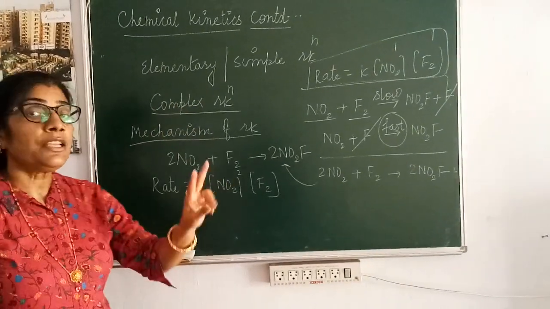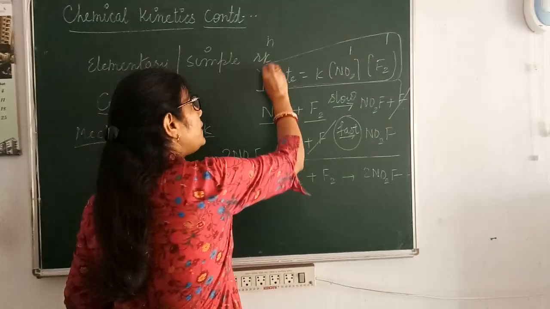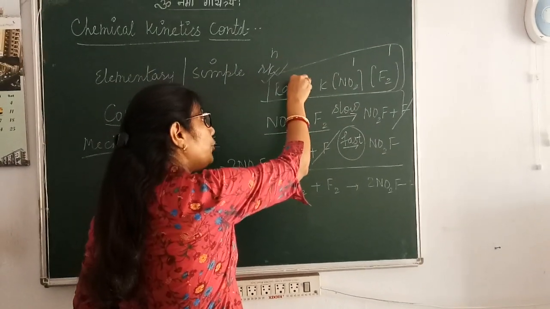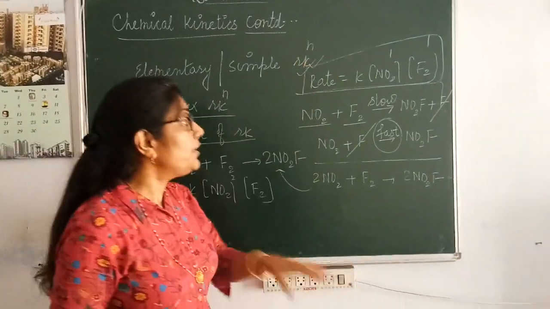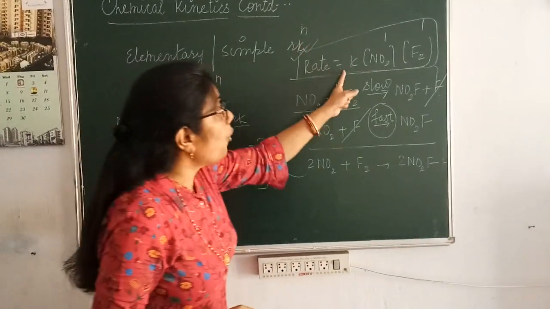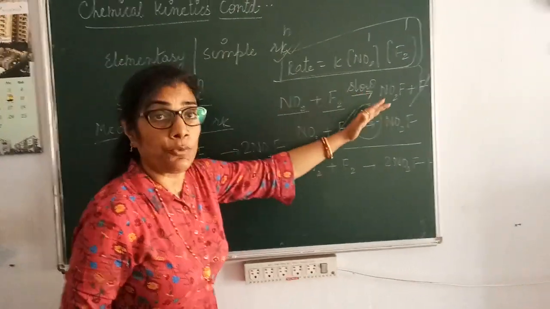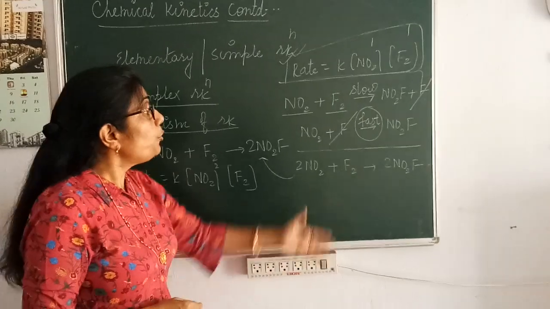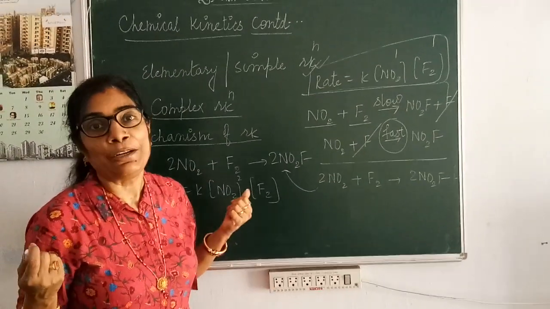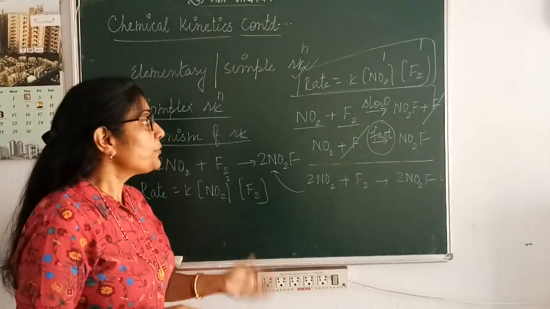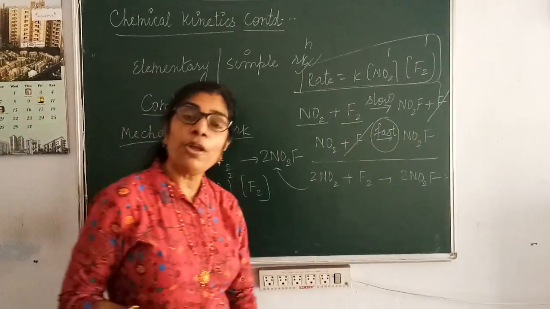So here the question comes in two different ways. Either you would be given the rate law expression and asked to write the mechanism of the reaction, so you have to adjust it in such a way that whatever is given in the rate law expression, you arrange it in the slow step. Or secondly, you are given the slow step and fast step and asked to write the rate law expression. That's very simple. Whatever is there in the slow step, you are going to write in the rate law expression.